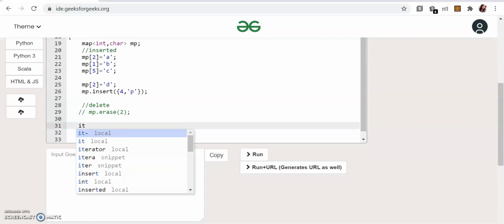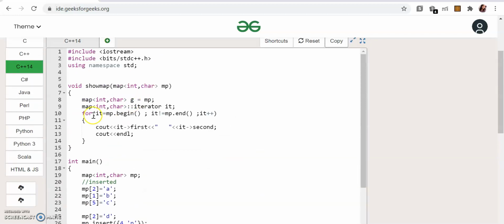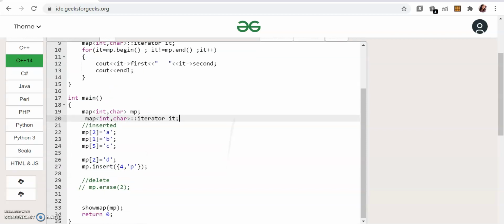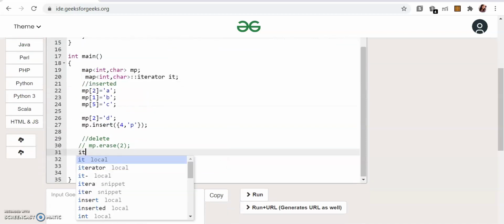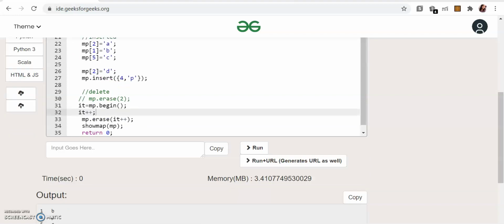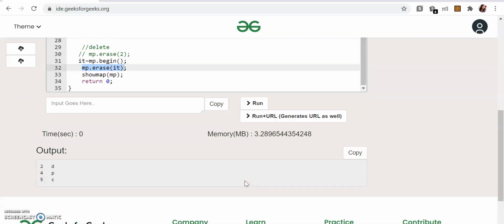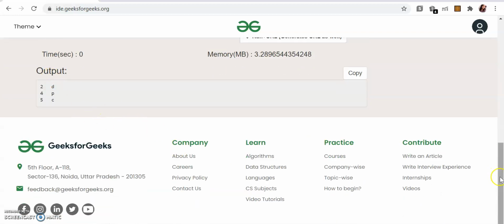We have to first declare this, so let's copy paste it here, and set it equal to mp.begin. This will contain the first position. Now let's try mp.erase of it. It should delete the first entry. See, it has deleted the one.